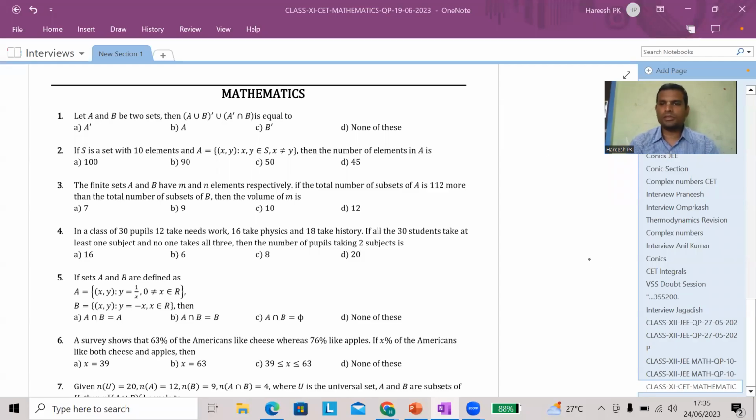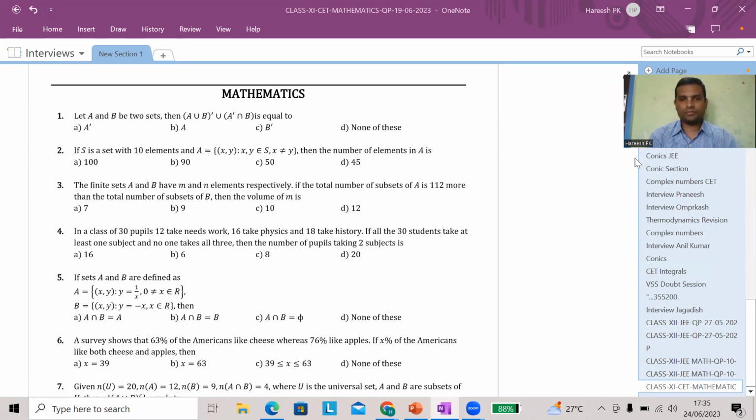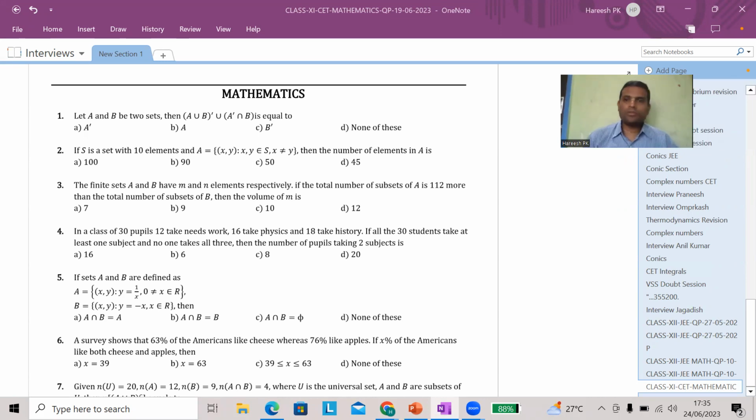Hello, dear students. So we are going to discuss your first CET test, Class 11 Integrated Batch, first CET Mathematics paper that got concluded very recently. So let's begin discussing question by question. So the first question,